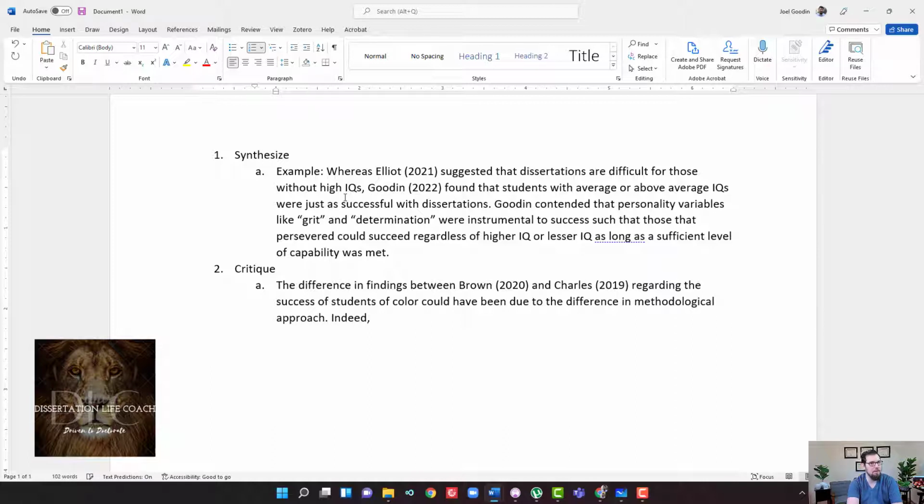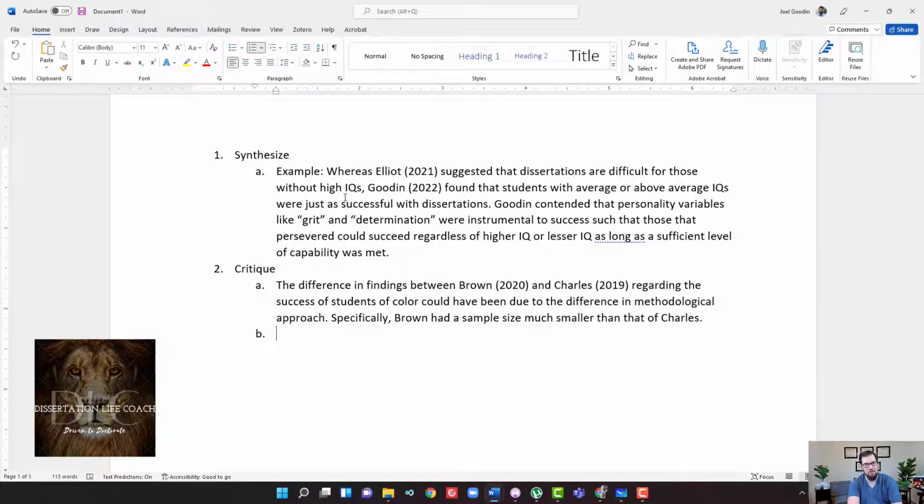Indeed, Brown, well, specifically, Brown had a sample size much smaller than that of Charles. Something like that might explain a difference in findings.